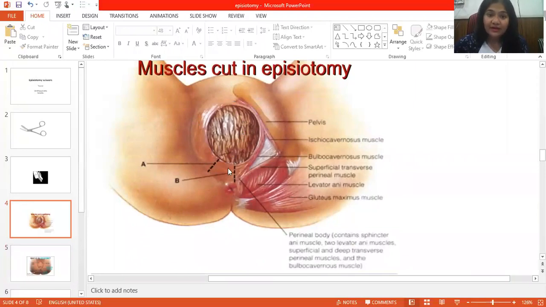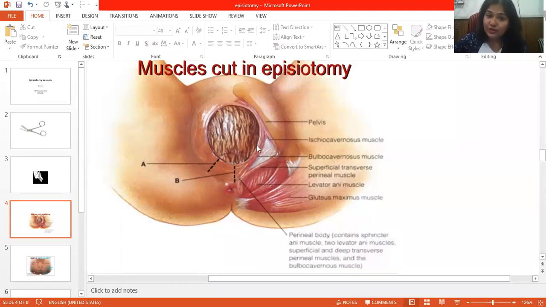From here, anterior to posterior, if the fetal head would not have been there, then there is the clitoris, then there is urethra, then there are two labia minora. The area between the two labia minora is also called as vestibule of vulva. So vestibule of vulva is bounded anteriorly by clitoris and posteriorly by the perineum or the fourchette area.